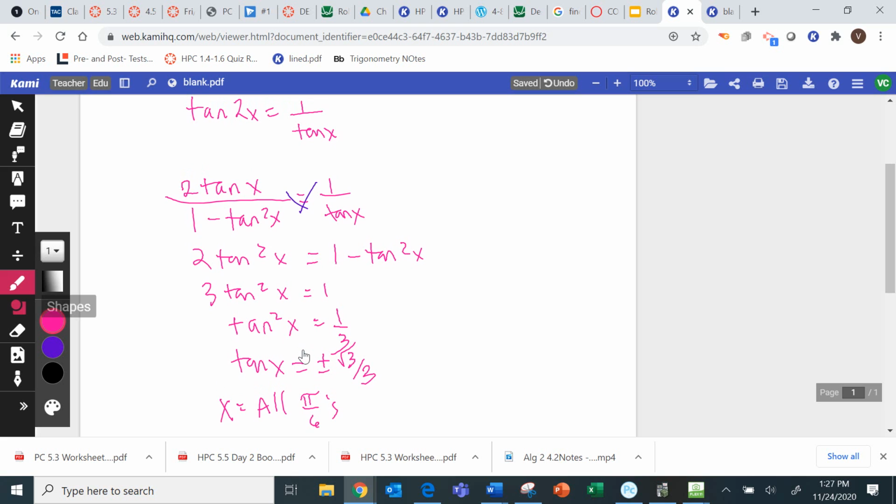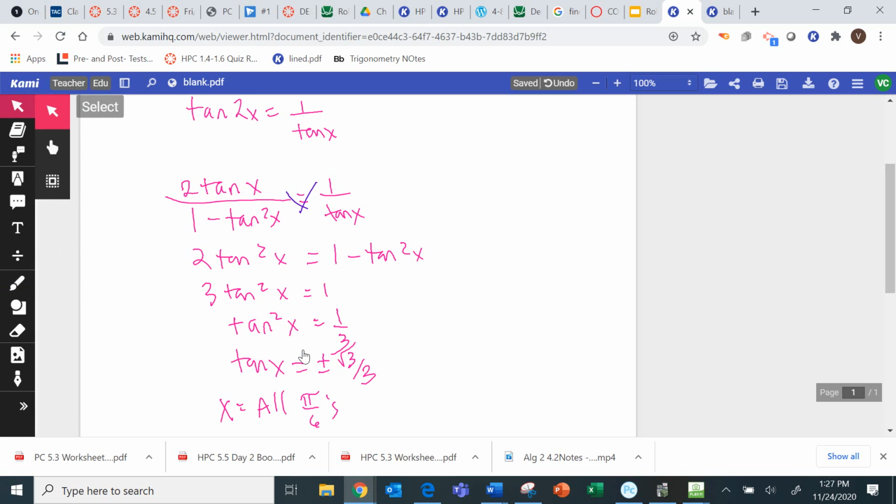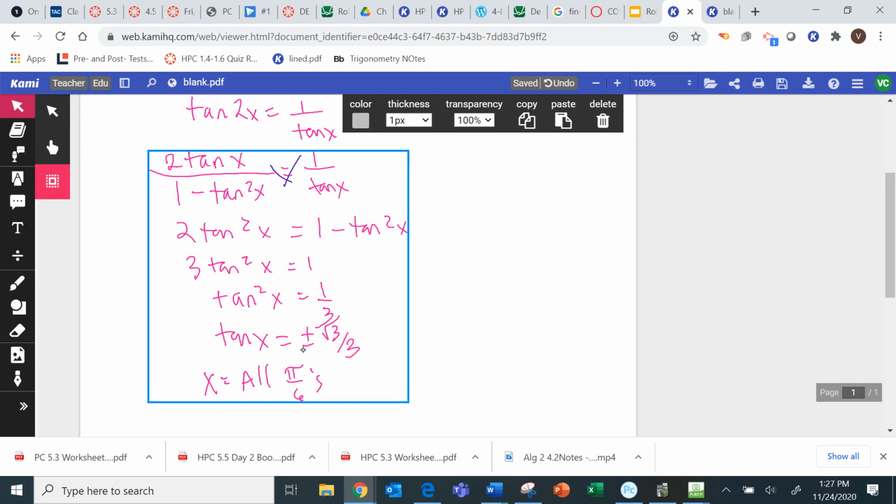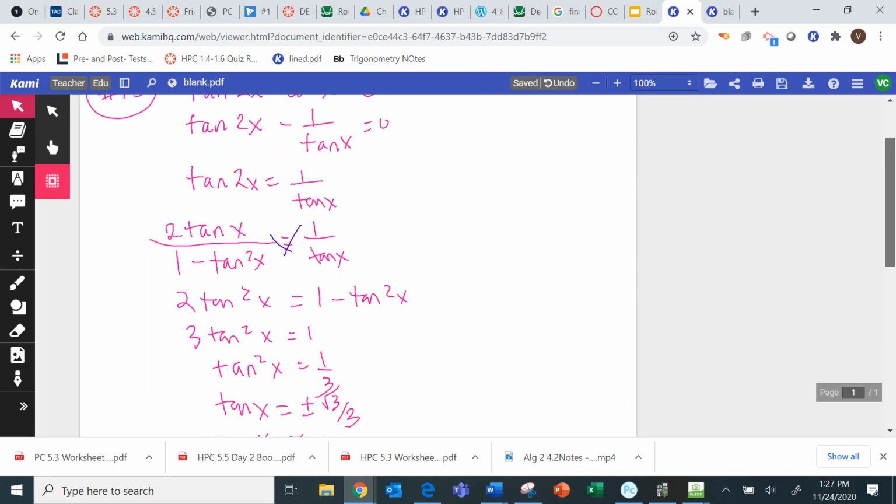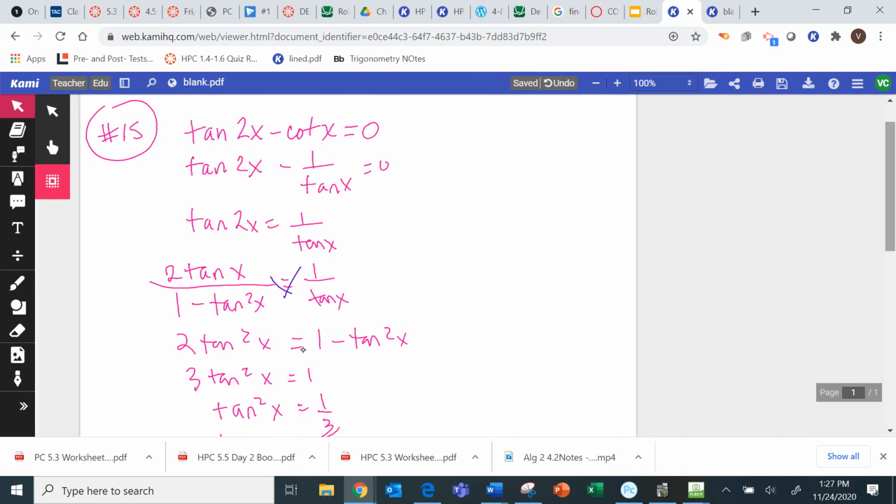I graphed it. I was like, maybe they're wrong. Maybe I'm right. And I graphed it on Desmos, and no, there are 2 more answers. So I collaborated with some peers of mine because I looked at the book answer key and I wrote that down for you guys, but again, I would never have come up with that. When I talked to 2 other teachers, they would not have come up with that either. They did it a different way. And I guess this is something that could happen in calculus, so I talked to one of the calculus teachers,